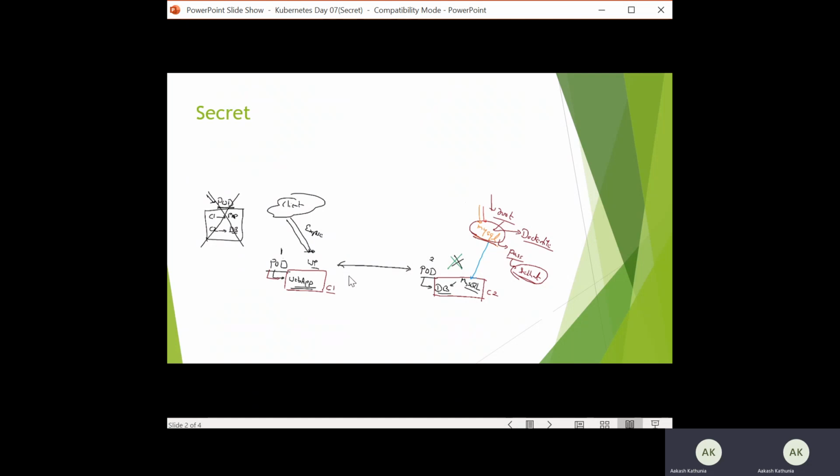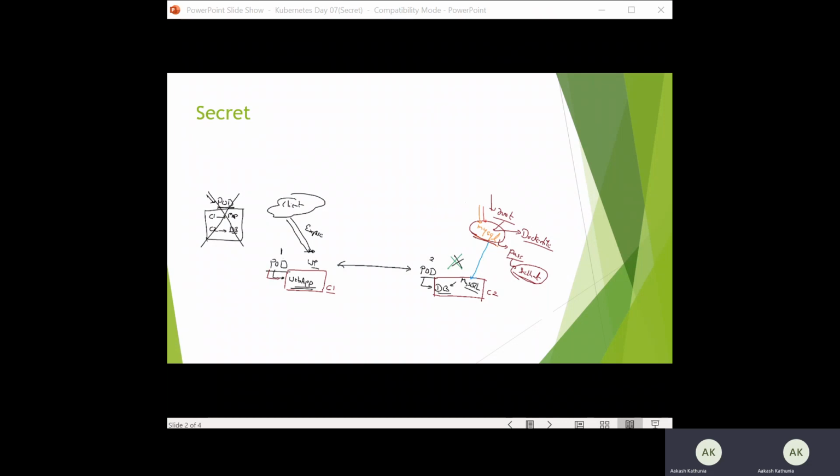And if anyone has access to the port of the DB, then one can easily see the username and password that has been defined in the Docker file. So in order to hide the same, we use one of the features provided inside Kubernetes, that is a secret.